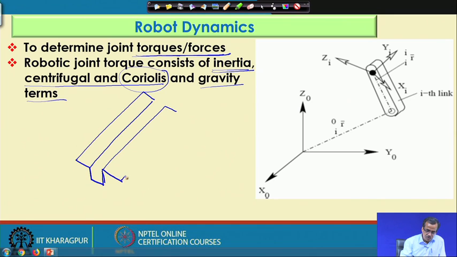I am in fact going to draw one robotic link. So, this is nothing but a robotic link,